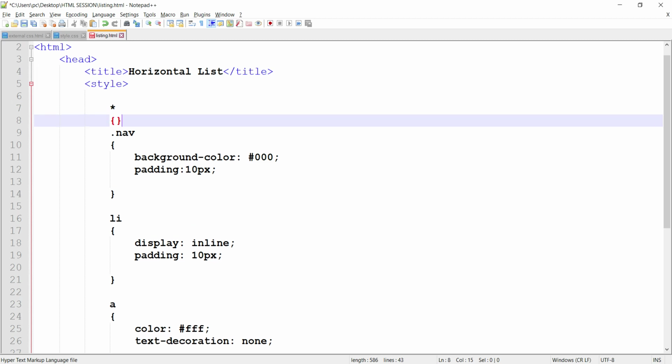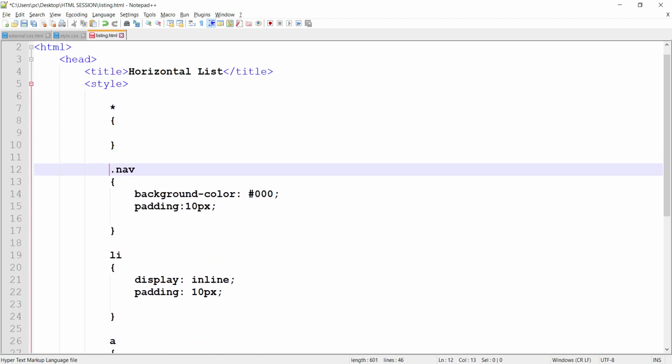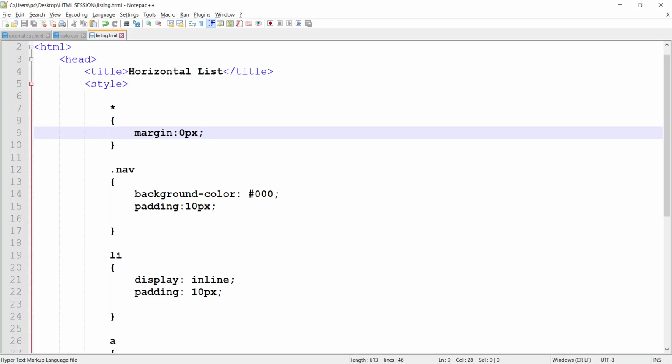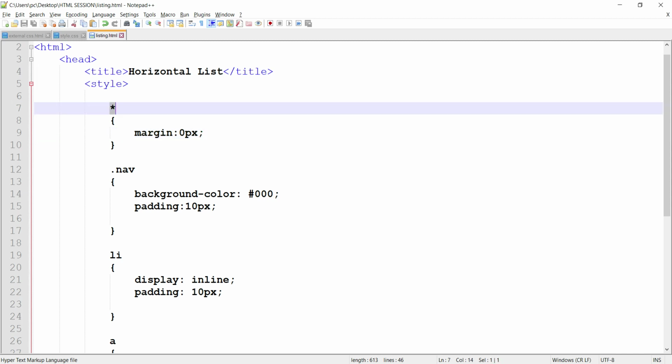After star you can write whatever you would like to. So in the star body I would like to give margin, so margin 0, it is coming here. I hope you guys understand this. This star property we are using throughout the website or throughout the project. This is a universal selector.